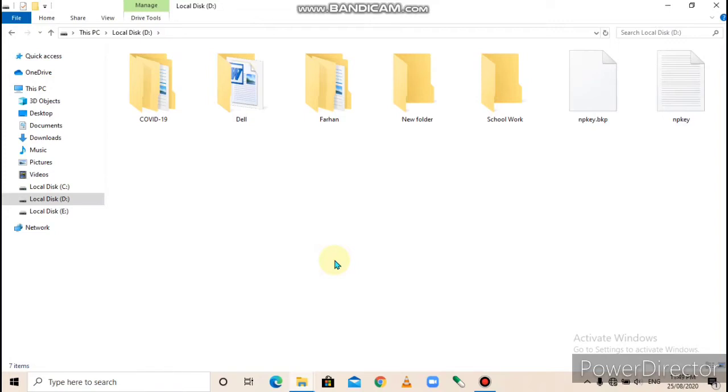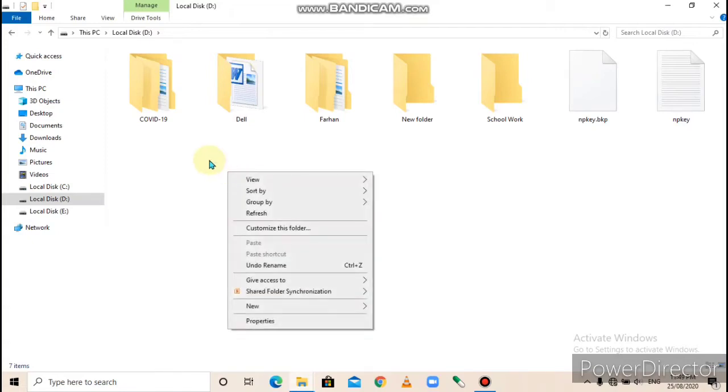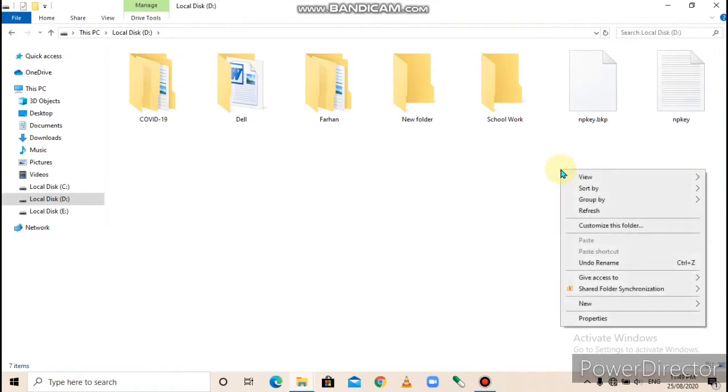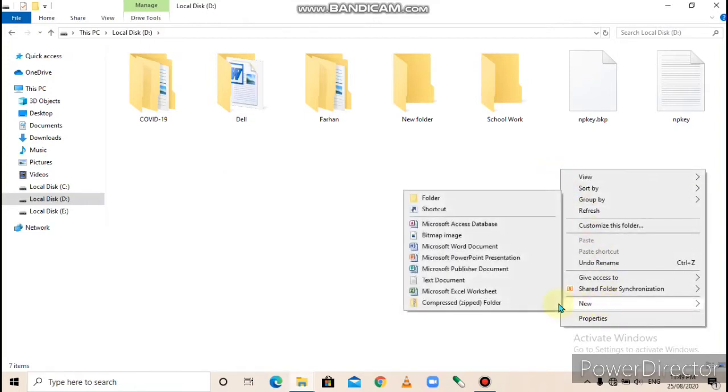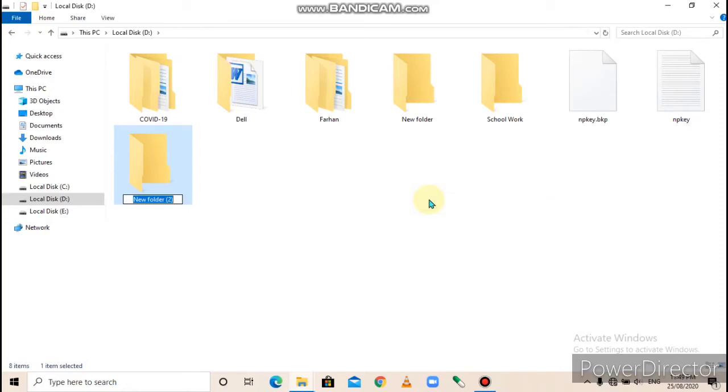Now, I told you one method to create a folder. What is the method? Right click, then new, then folder. Right click anywhere on the blank space, then click on new option, then click on folder option. Type folder name,